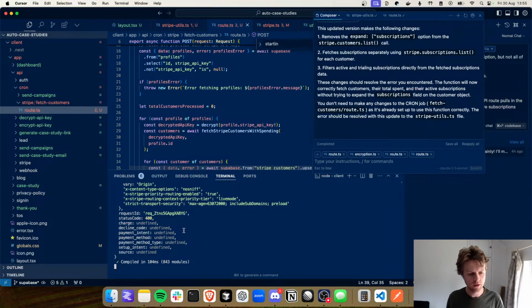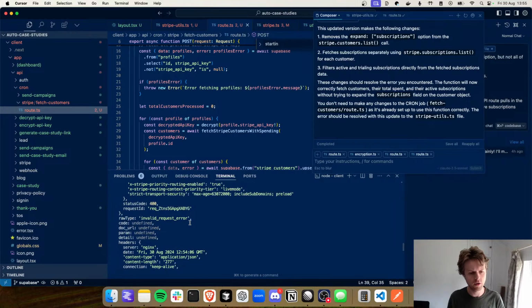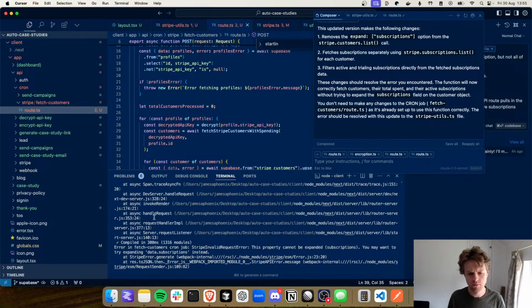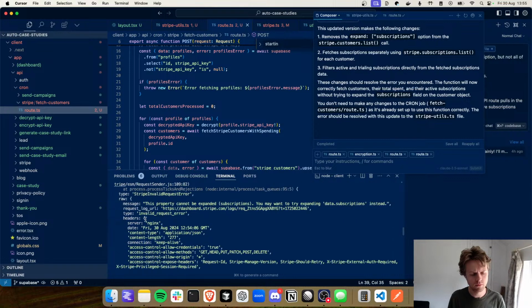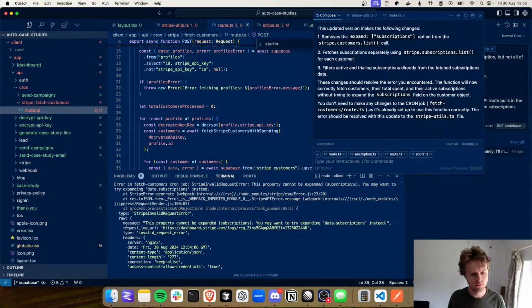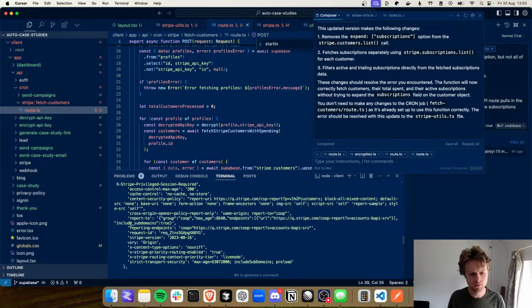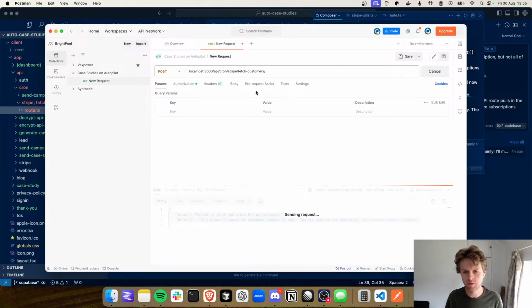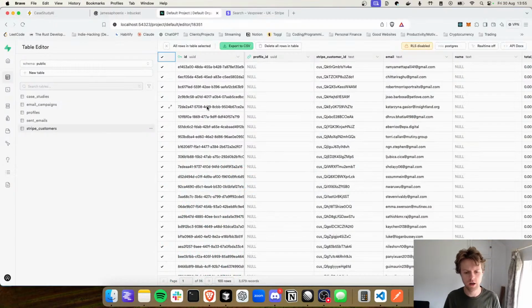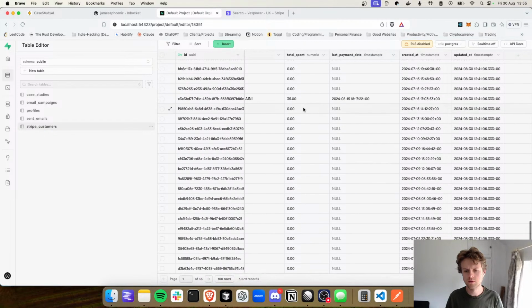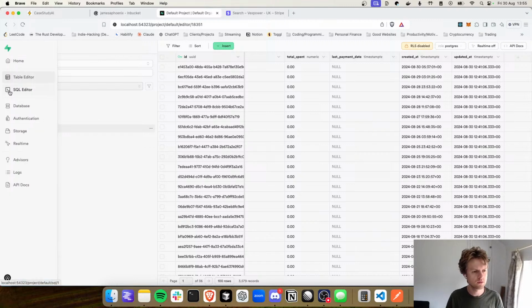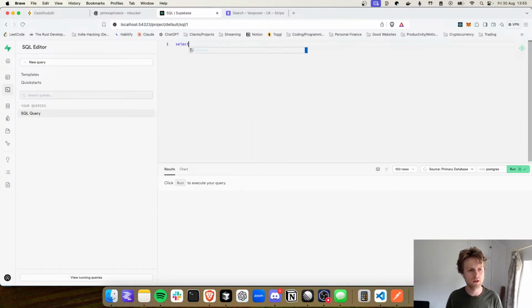What's happening here? Payment method is undefined. Invalid request error. That seems like we're still doing it. Let's have a look at the rows. Total numeric spent. Right,